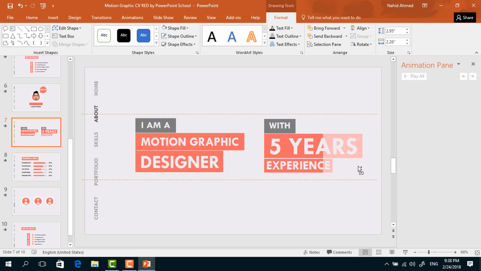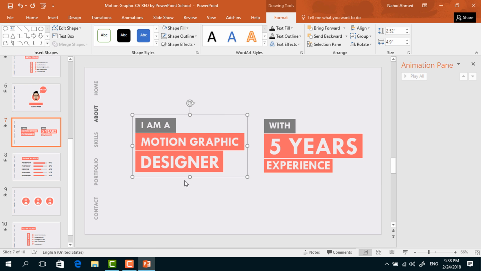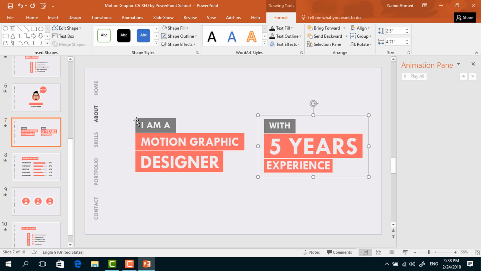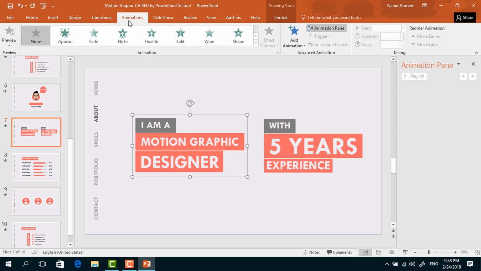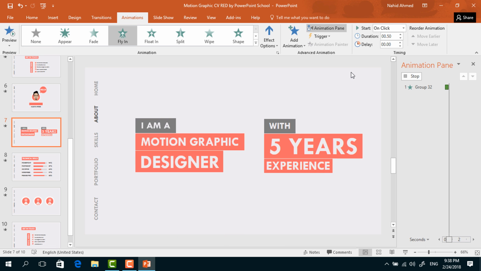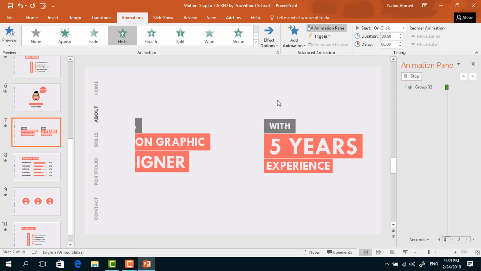Holding Ctrl Shift, drag this one to this side, resize it to cover this area, and now select this group of elements, right click on it and send it to back. Do the same for this, right click and send it to back. Now select this element, from animation go to add animation, select fly in, then from effect option select from left,